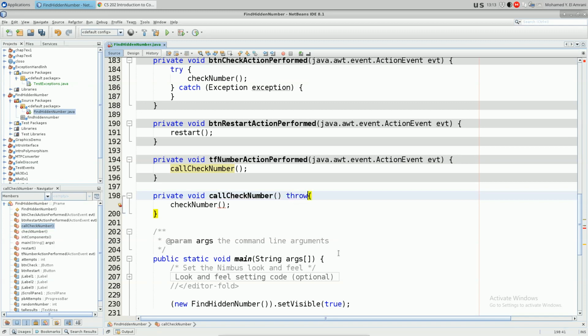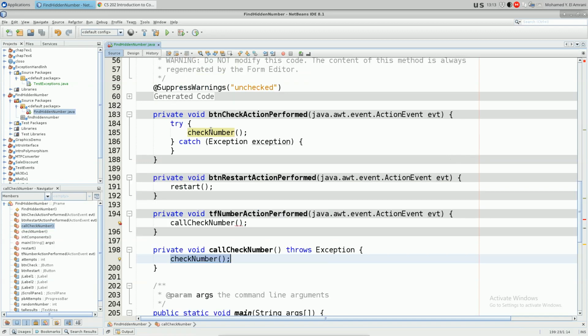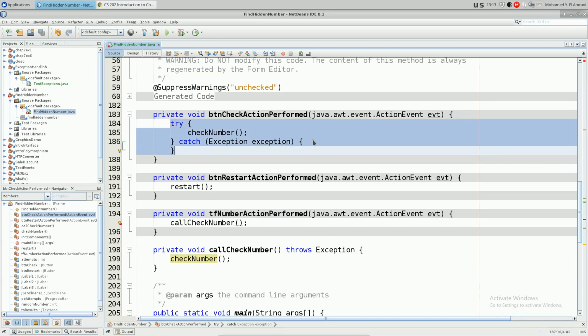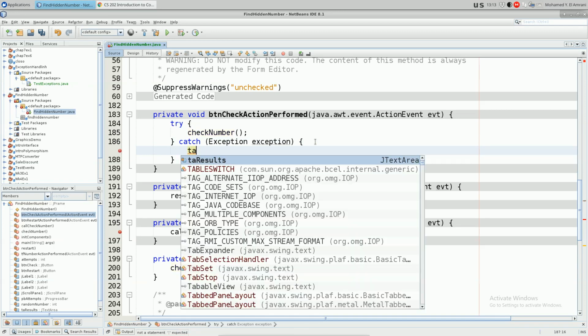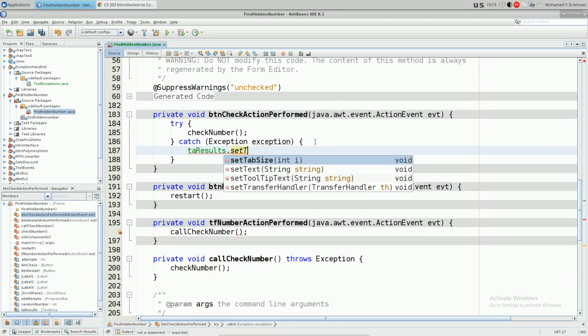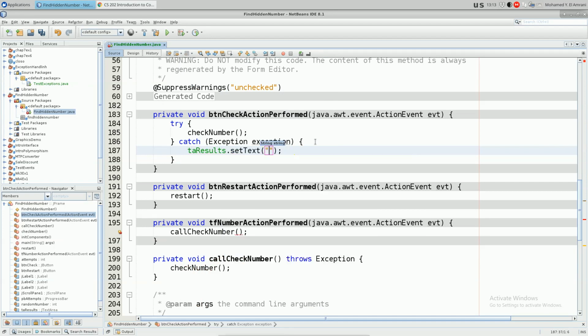But look what happens. I can do throws exception, which means now this method here, if you want to use it, you have to. So I can use this one in two ways. If I use it inside of a method, I can just put it inside of a try catch and do something about it. If there's a problem, let's say the TA result dot set text. I'm just going to put error because I don't want to do a lot of things. So